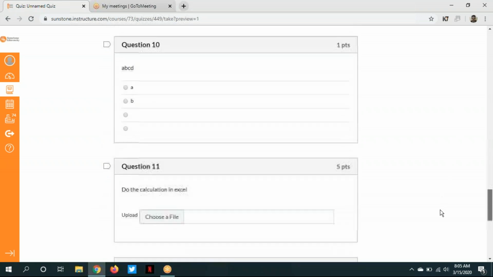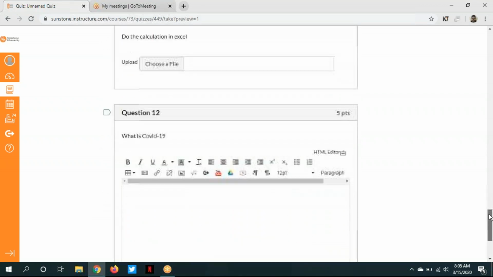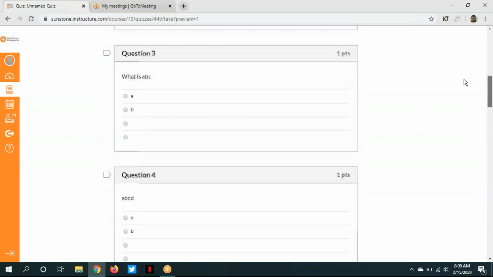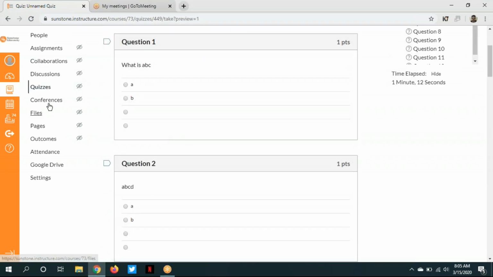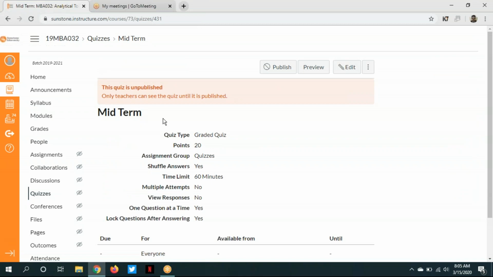And these are the subjective ones. You see 11, choose a file, so they can do it manually, then upload the file. And for 12, they can simply write it here and submit it, job is done. Just let me show one that I have made. So this is the midterm one. If I go to the preview section,